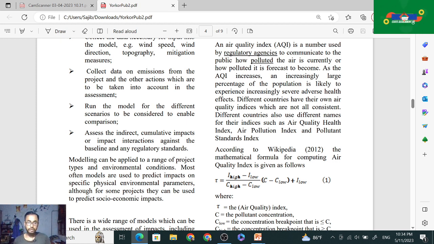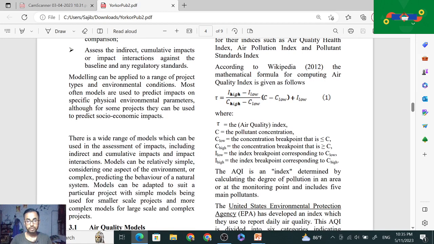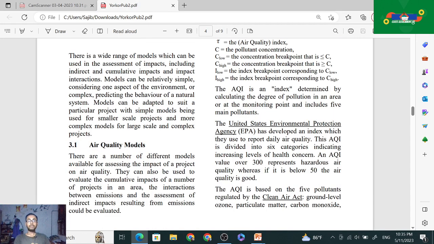mathematical formula for computing the air quality index, we showed in the previous video, where I high minus I low, C high minus C low, C minus C low plus I low; the notations are given there. Then AQI is an index determined by calculating the degree of pollution in an area at monitoring points and including 5 main pollutants. The United States Environmental Protection Agency, EPA, has developed an index which can be used to